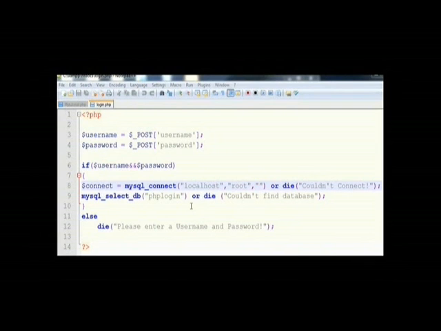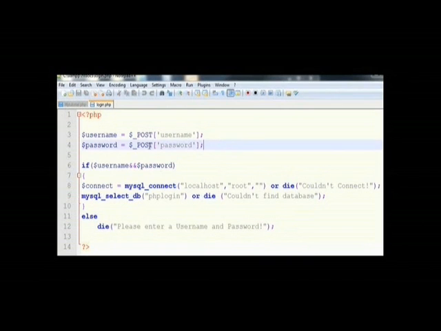Let's go first to the if statement. I emphasize the highlighted part, the connect. It shows the connection between the login form and the database. You should also create a condition where, if the user does not put a username and a password, it shows please enter a username and password.